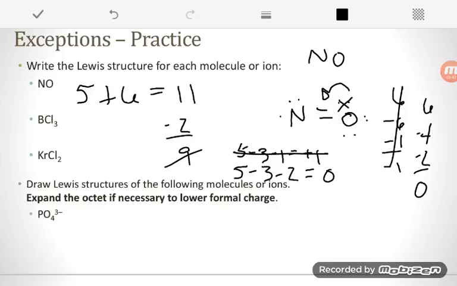So this is going to be the best possible Lewis structure we can draw. Nitrogen doesn't have an octet, but he does have a formal charge of 0, so he can at least be satisfied in that way. All right, that's our first example. Now let's look at,